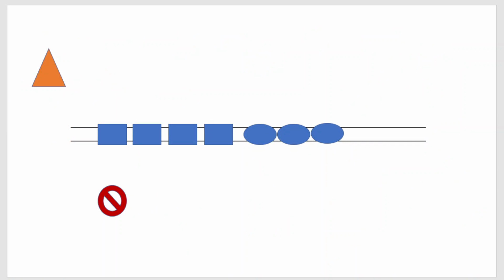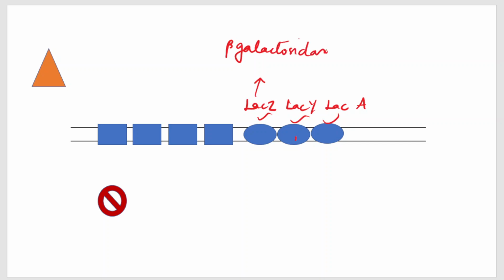Now let's understand the lactose operon. This is the operon which consists of 3 genes. So what are these 3 genes? These 3 genes are involved in producing proteins which are necessary for lactose metabolism. So one is the LacZ gene, the next is the LacY gene, the next is the LacA gene. The LacZ gene codes for the enzyme beta galactosidase. The LacY gene is necessary for the enzyme permease, and the LacA gene for the